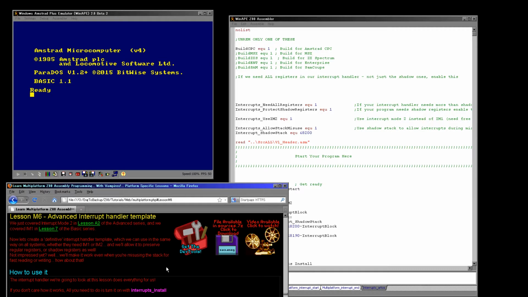Now, if you've been following my series recently, we've been having a look at using Tracker for music, and over the last lesson we also had a look at how to use Interrupt Mode 2 in the advanced series, and previously we've also looked at Interrupt Mode 1 as well. So if you've been following, you should understand now how both interrupt modes work, and you will have some understanding of how Tracker works. And today we're going to look at taking that a little bit further, because last time